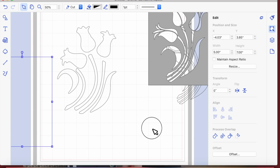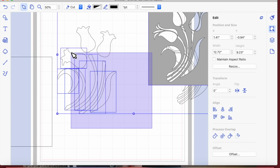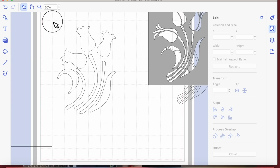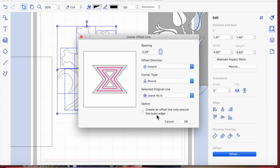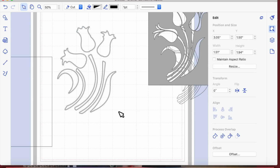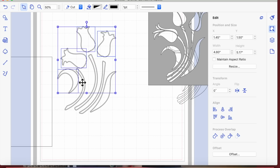So what I'm going to do again, I'm not going to move everything, because obviously the flowers are in the right position. It's only the stalks that aren't. I'm going to create an offset line, and this time I'm going to go inward by 0.4, which should put it almost exactly the same size as the ones in the